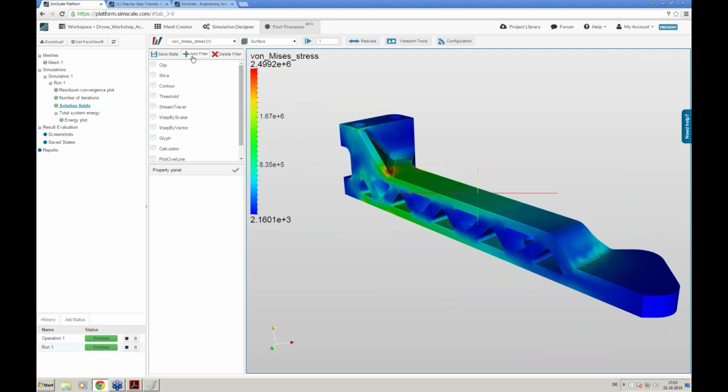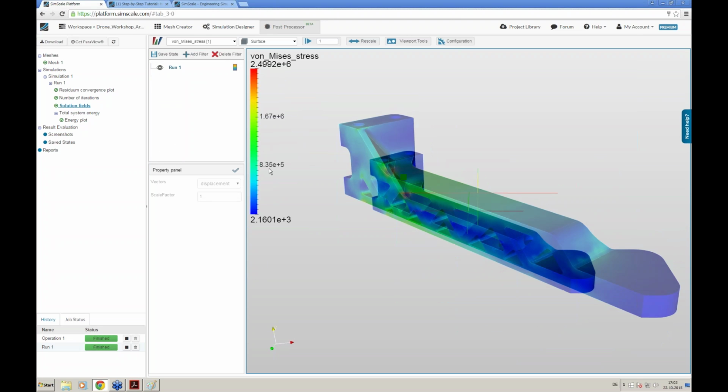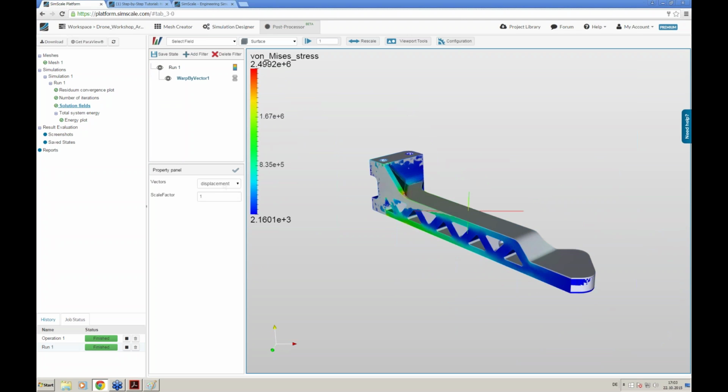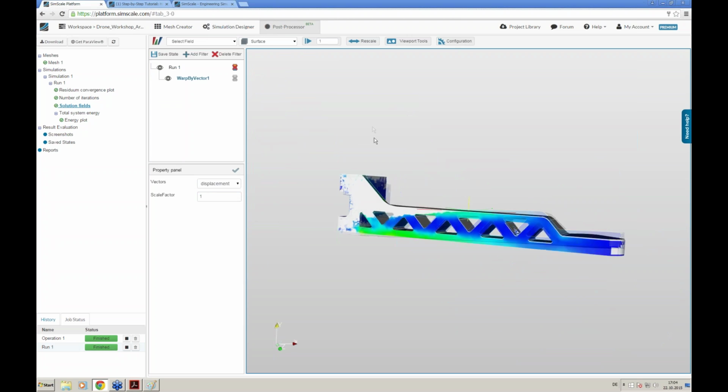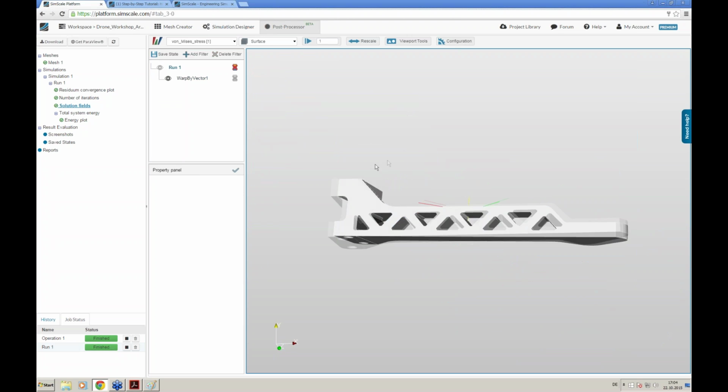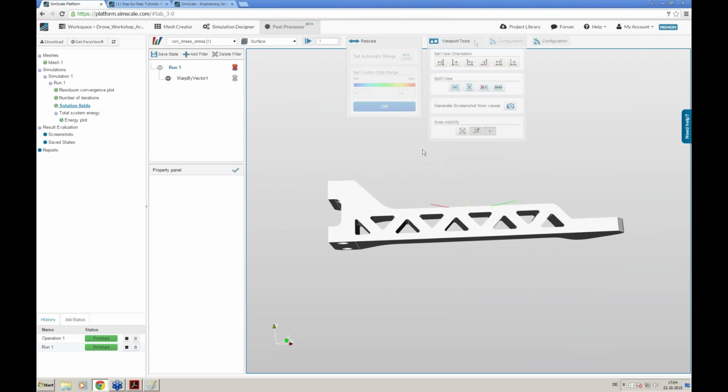For this, we will add a filter. This filter is called Warp by Vector. One of our result fields is displacement, and this will now visualize the displacement. We can also define a scale factor if the displacement is very small. And yes, now you can see, like here, for example,